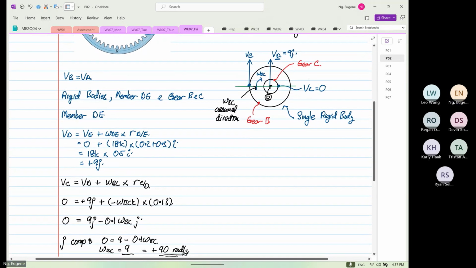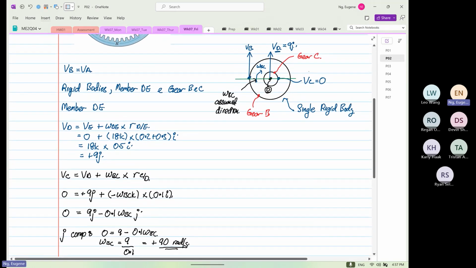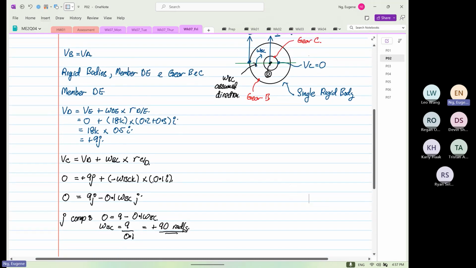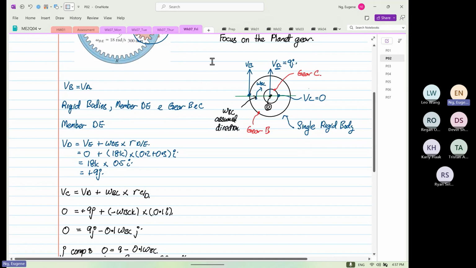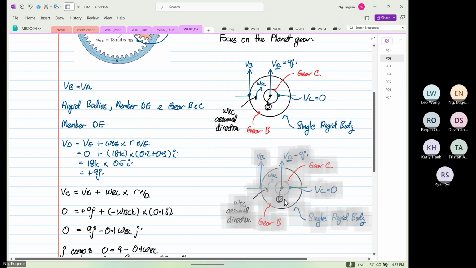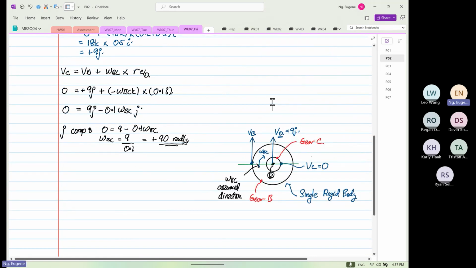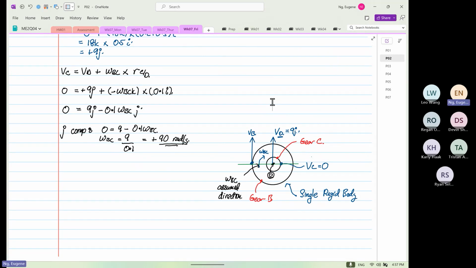Okay. Again, we are still on the single rigid body. So now you can form two equations. Okay, you can form two equations. So I will give you the two alternatives. Okay, I will move this down. Okay, we can use two equations, and both will get the same answer. Okay, let me elaborate. So we are going to select point C, or we're going to use